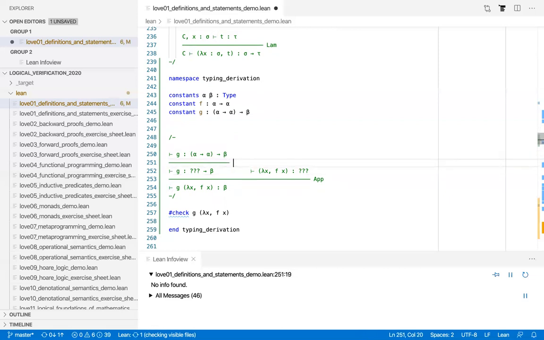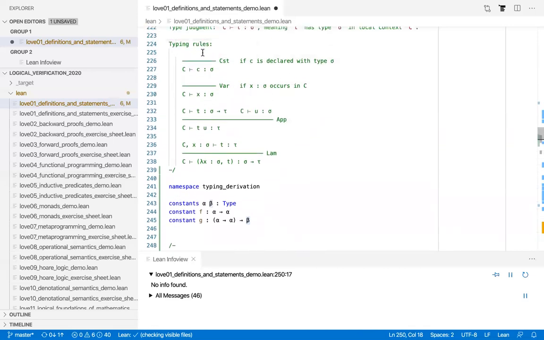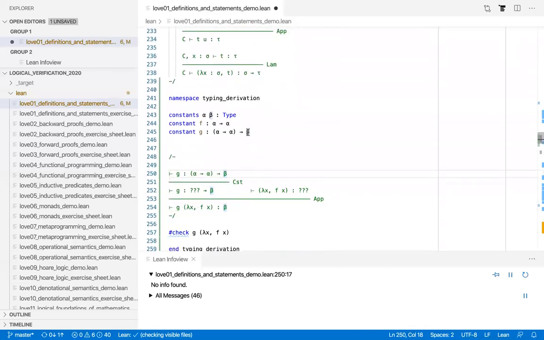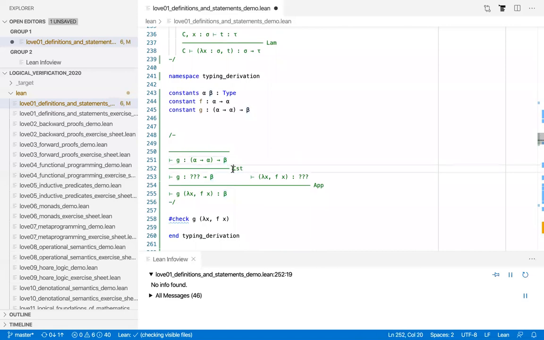So this is via the CST rule. And then we're done because the CST rule has 0 premise, right? And the best way to indicate this is to just put a bar like this. That says that branch is closed. Some people don't do it, some people do it, some people use other symbols, like they would put a dot on it. I think this is the clearest